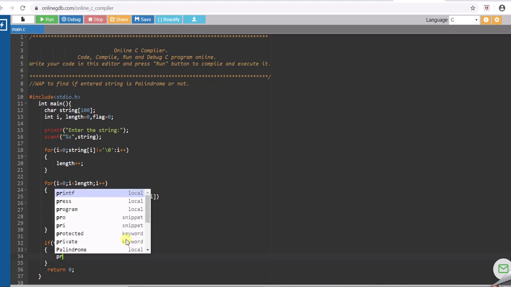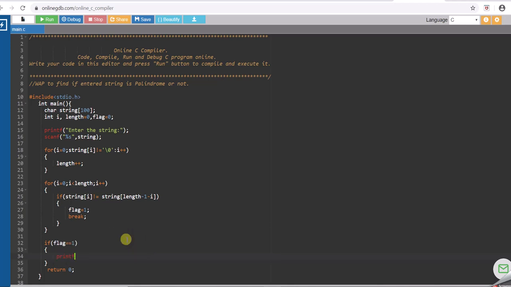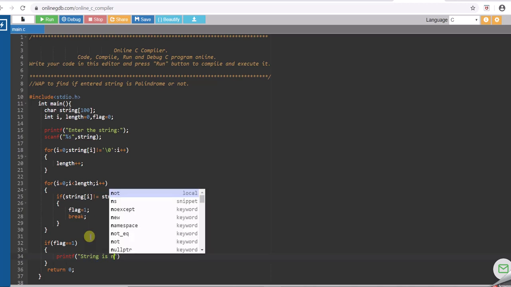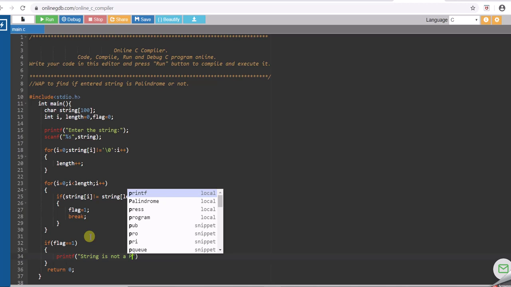Alright, so if my flag has been set to 1, which we do over here when the condition is true, then the flag is set to 1. Then I will display that the string is not a palindrome.